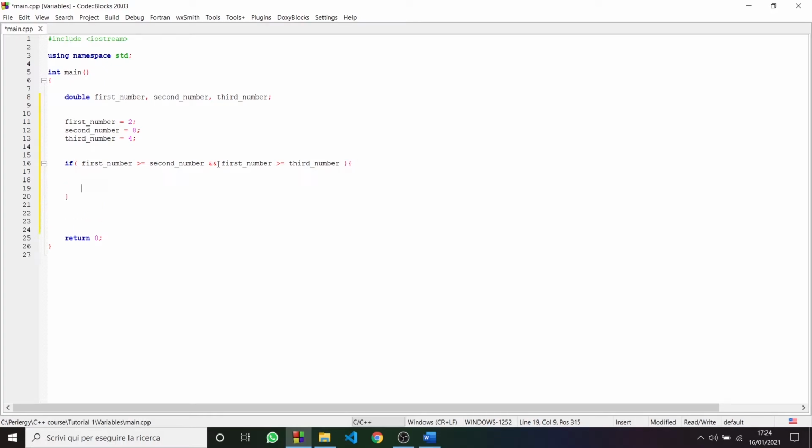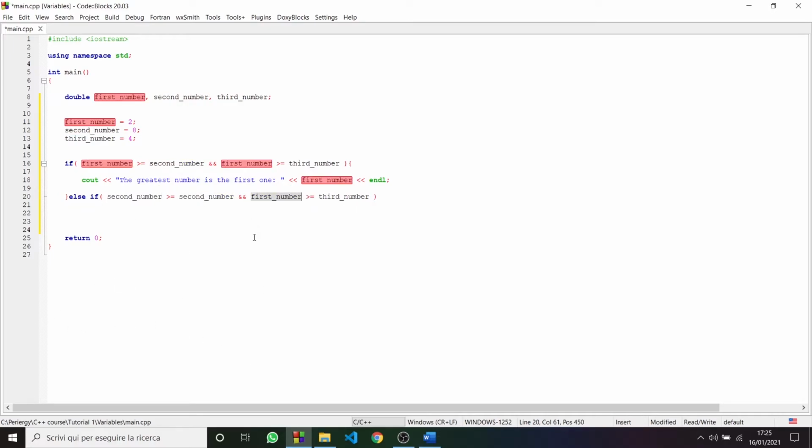And this is the case in which the greatest number is the first one. And we can just say the number, which is actually as simple as writing this and then ending it with a semicolon right there. But if instead of having this, we had the second number do the same thing, therefore,